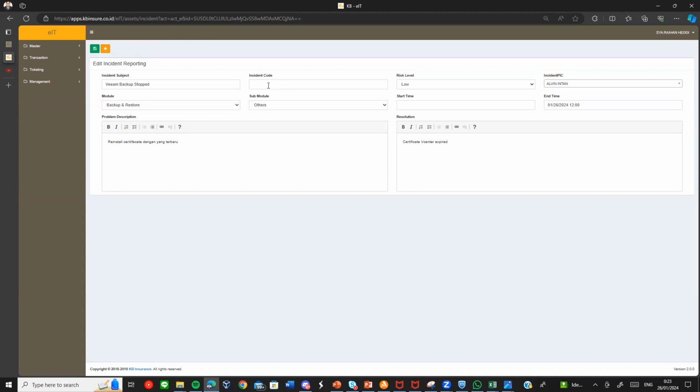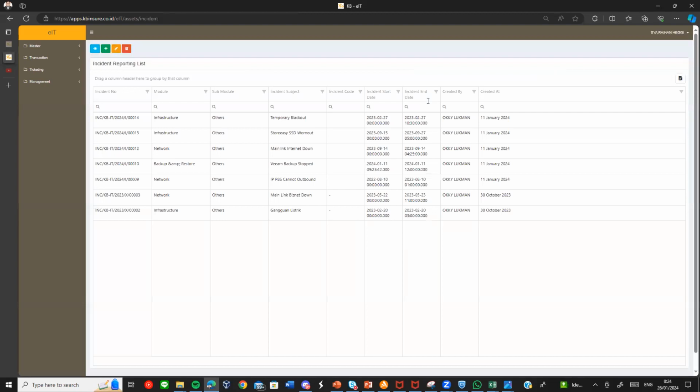They can already input it but it can also be stored empty. So the user is right now just ignoring this input, and this is the start and the end, where data can be added, and then this is for the resolution and the problem description. The system is hoped to calculate the SLA of all the incidents and record what incidents usually happen to IT.